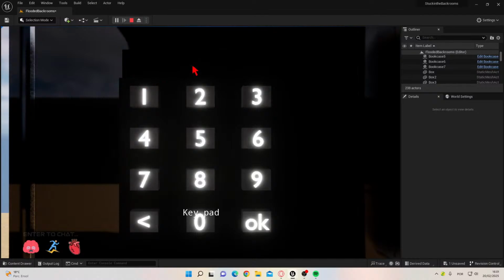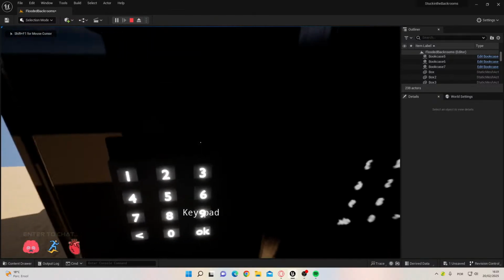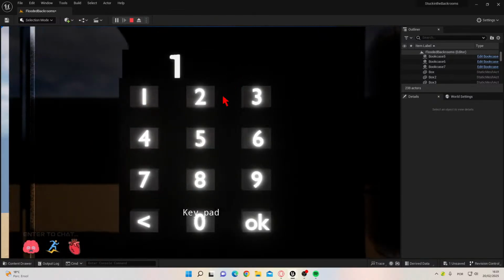It opens the elevator. There's no text now. 1 2 3 4 5 6. Okay, it goes 5 digits. Then if we remove,